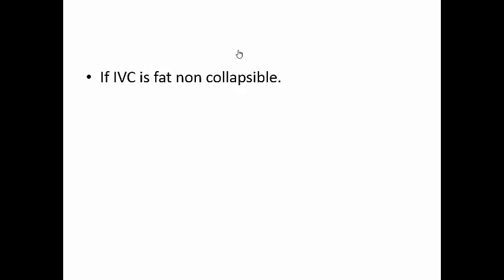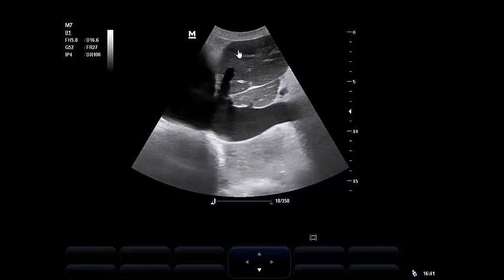So, in the first stage of our protocol, look at the inferior vena cava. If it's narrow, collapsing, you are talking about infection, sepsis, distributive shock. Look for pneumonia, as we saw, and look for signs of acute lung injury, of sepsis, and ARDS. Okay? If the inferior vena cava is fat and non-collapsing, like this elephant inferior vena cava,